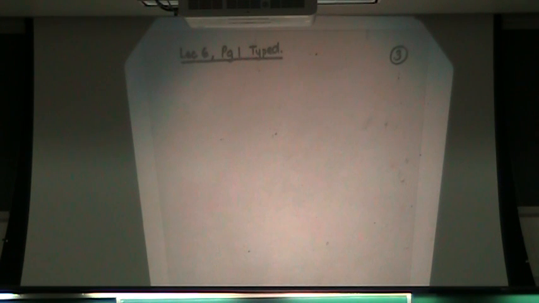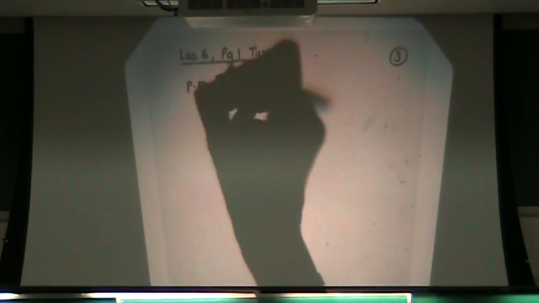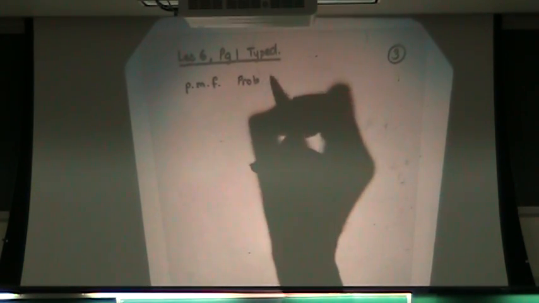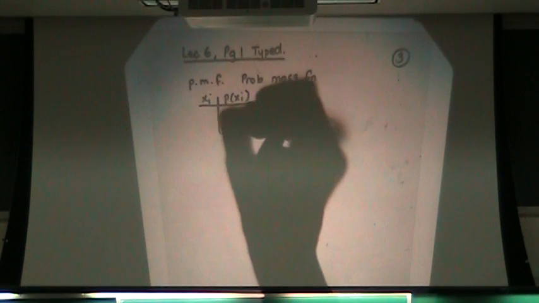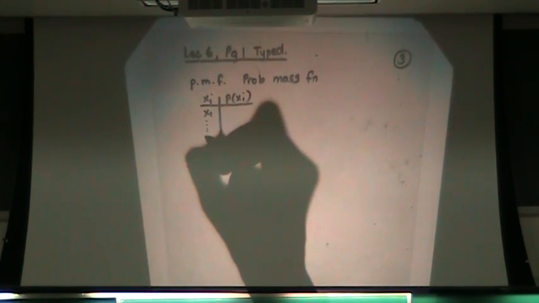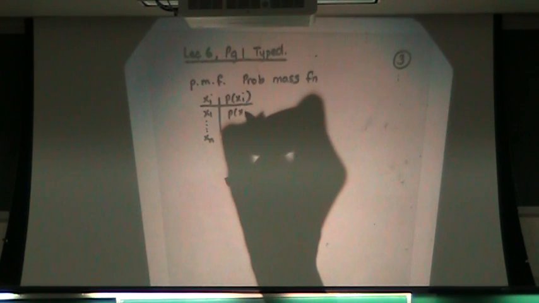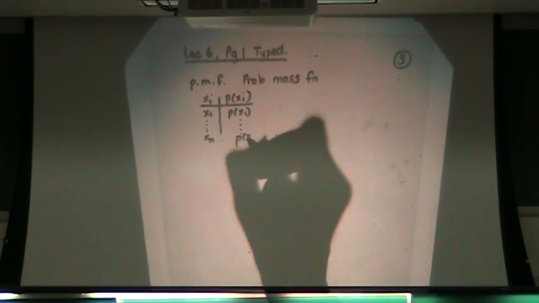So this is the stuff that we had skipped last time, and now I have to go back and fill in the blanks that I had left out. It says that random variables are denoted by capital letters. X is a discrete random variable, and the PMF of X, probability mass function, looks like this: x_i, P of x_i. So here I would have my x1 through xn and P of x1 through P of xn.